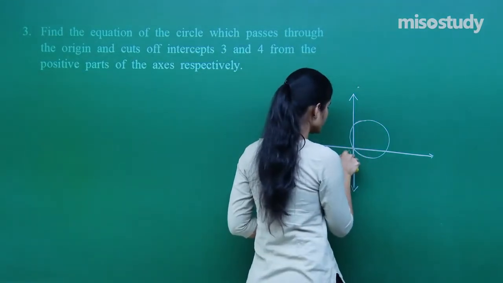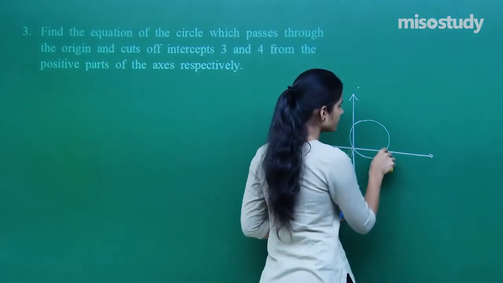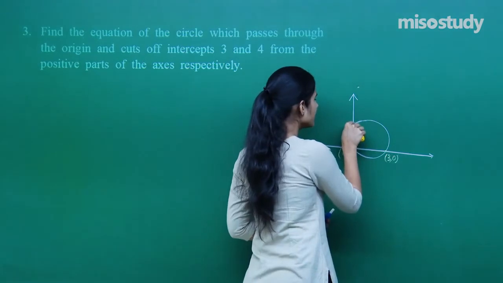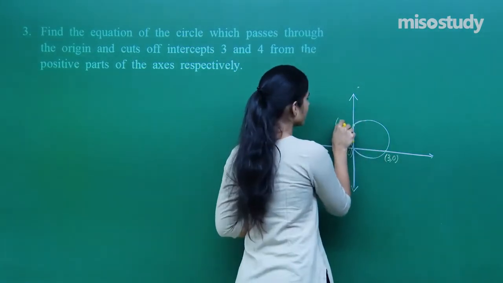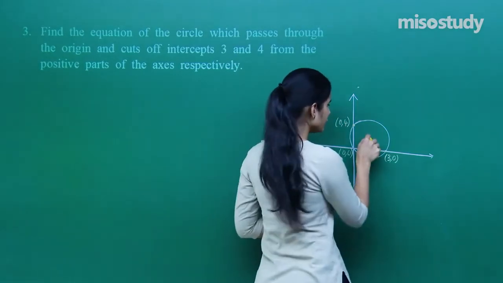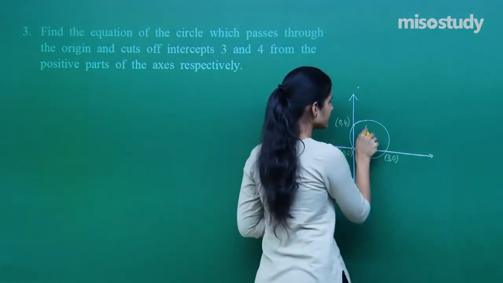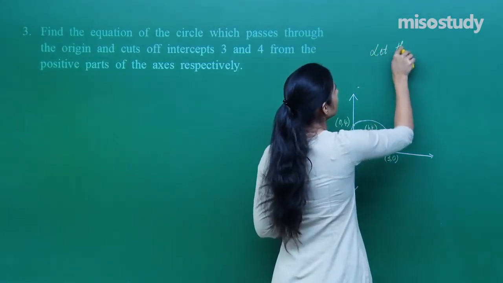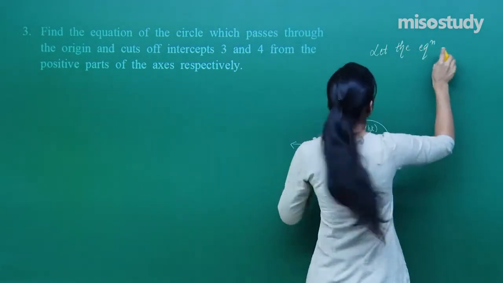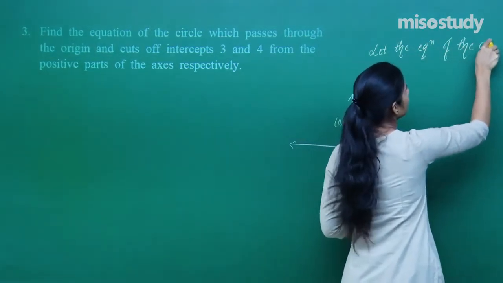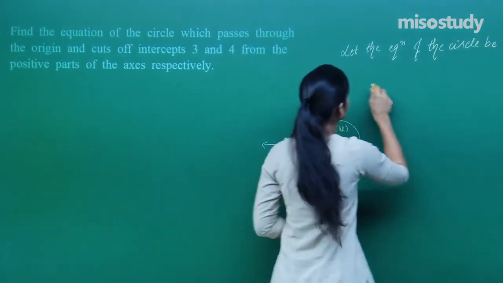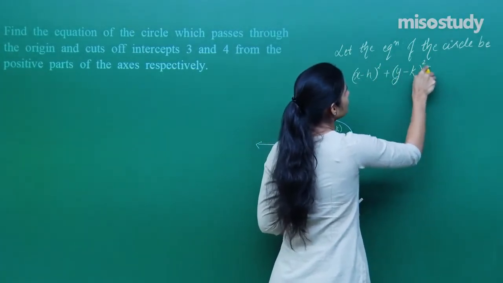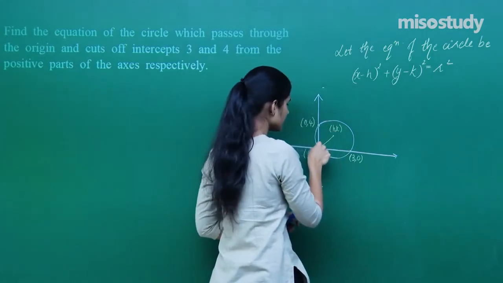Now this is origin. It is cutting off an intercept of 3 units on the positive x-axis. This point is 3 comma 0. It is cutting off an intercept of 4 units on the y-axis, so this point is 0 comma 4. I need to find the equation of this circle. This is my center. Say the center has coordinates h comma k. Let the equation of the circle be x minus h whole square plus y minus k whole square equals r square, where this distance is r,